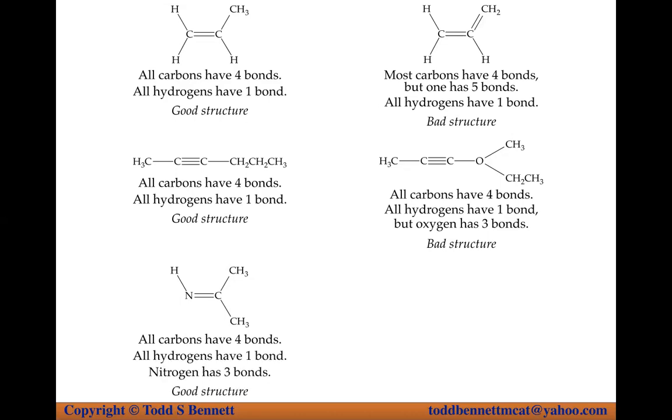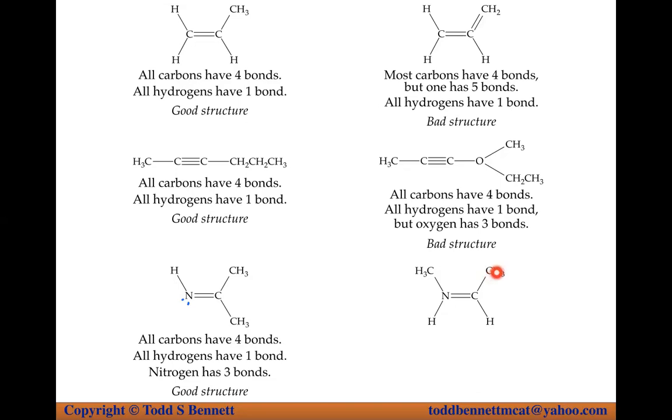So all carbons have 4, all hydrogens have 1, nitrogen has 3. It's a good structure. The one thing to make it a Lewis structure, you have to include the lone pair. So that's where the octet rule is a little more specific than the Honk rule. So nitrogen made 3 bonds, but I forgot it also has to have 5 electrons. So 1 of its own, 2 of its own, 3 of its own, and 1, 2 for a lone pair. Or octet rule, it has to have 2, 4, 6, 8, counting bonding electrons around it. And then finally,